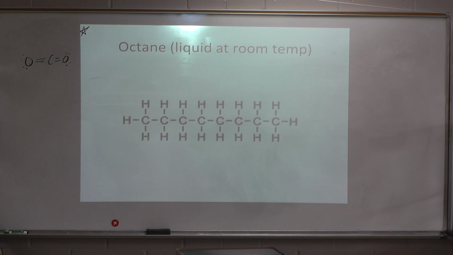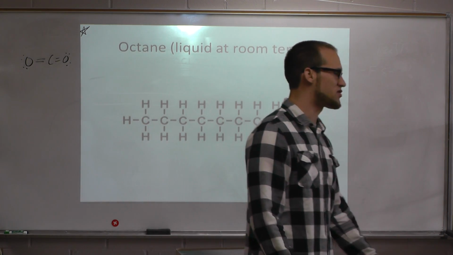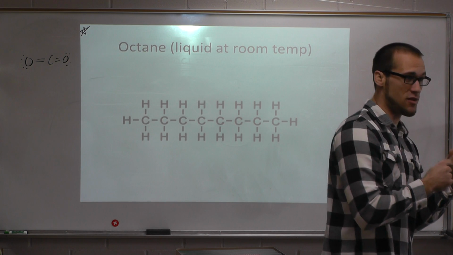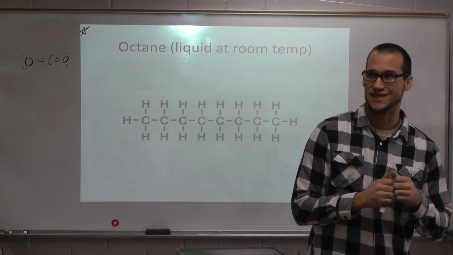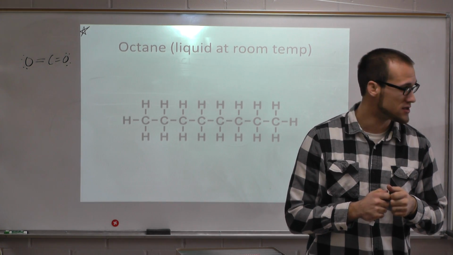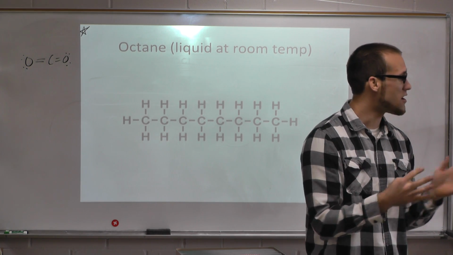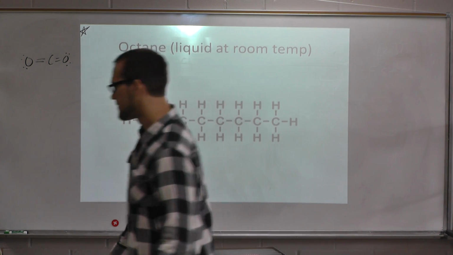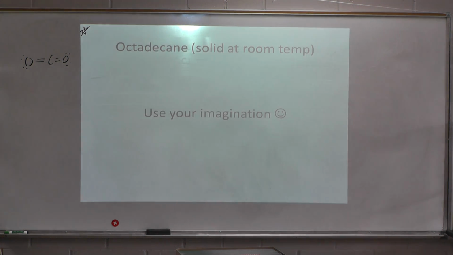Get a little bit bigger molecule, same type of atom, still carbon, still hydrogen, much bigger molecule, a lot more electrons. This guy's actually a liquid at room temperature because it has a stronger dispersion force, strong enough to hold it as a liquid. And the reason why it has a stronger dispersion force is because it has a lot of what? Electrons that can create a stronger charge imbalance. Now I don't have room for the next one, but use your imagination. Octadecane, real big molecule, huge. This guy's actually solid at room temperature, still made up of carbon and hydrogen.